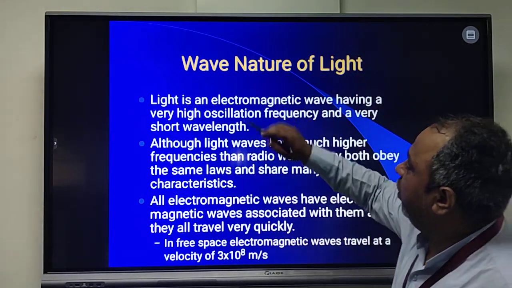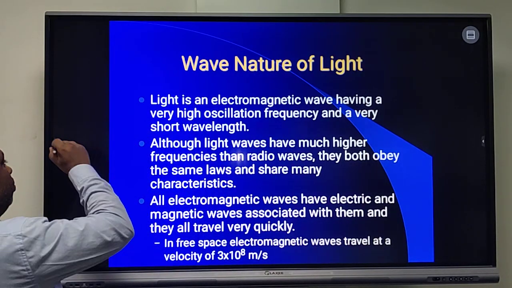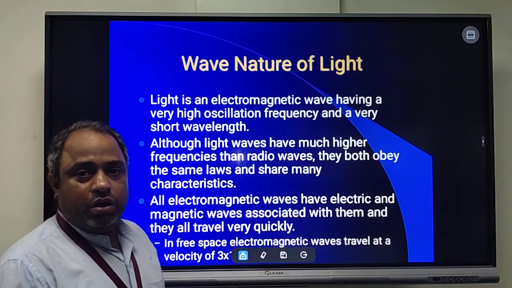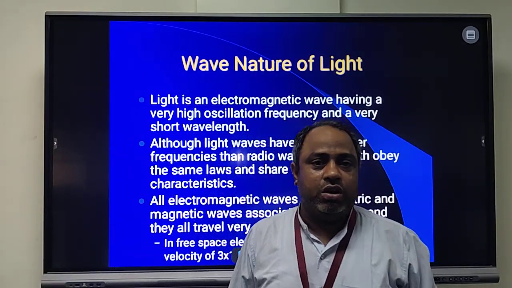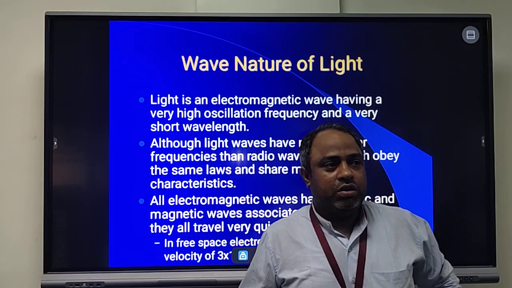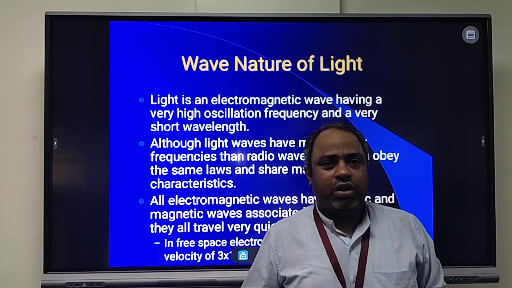Now look at this. Wave nature of light. I'm talking about the two natures. This is one type of nature. I'm taking one type of nature, whether it is possible or not possible in this system. The thing is going to be very efficient, very effectively, and